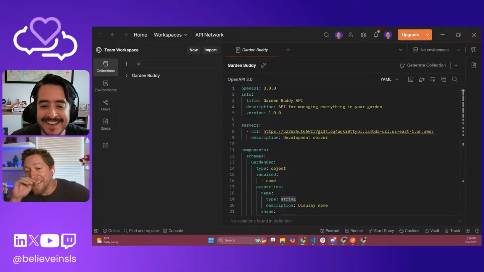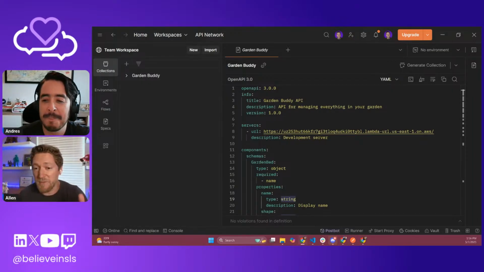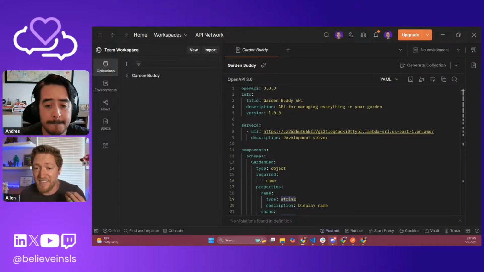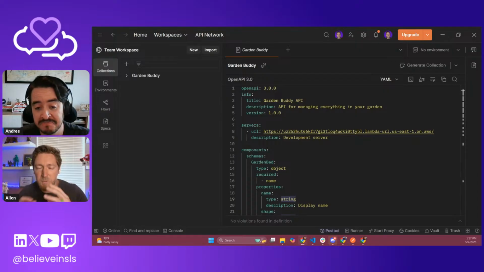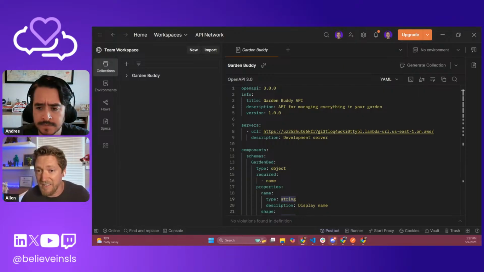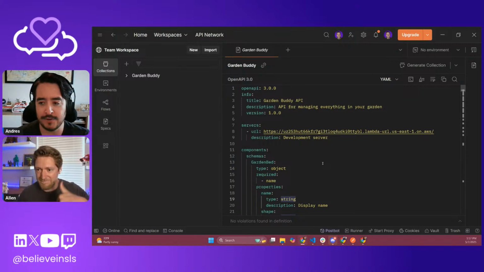I have a bunch of different seeds, and what I want the LLM to be able to do is get that list of seeds and pick from what I have available to suggest things for me to plant in my garden. That's all we have to add today. That's what we're going to be adding. That's the practical of our stream today. And we're going to be enhancing this OpenAPI spec to do that. Sound good? Sounds perfect, my friend.